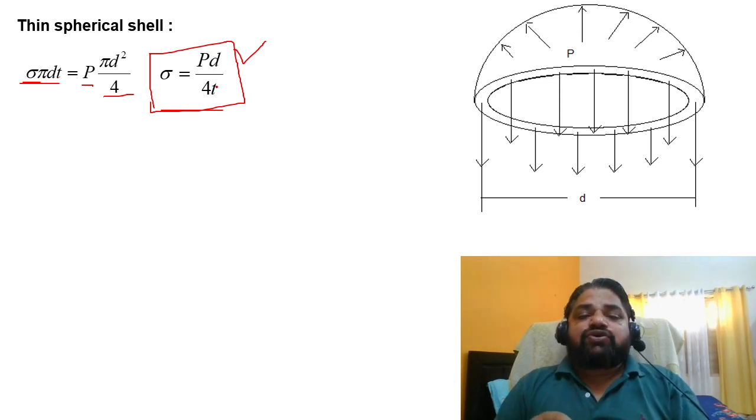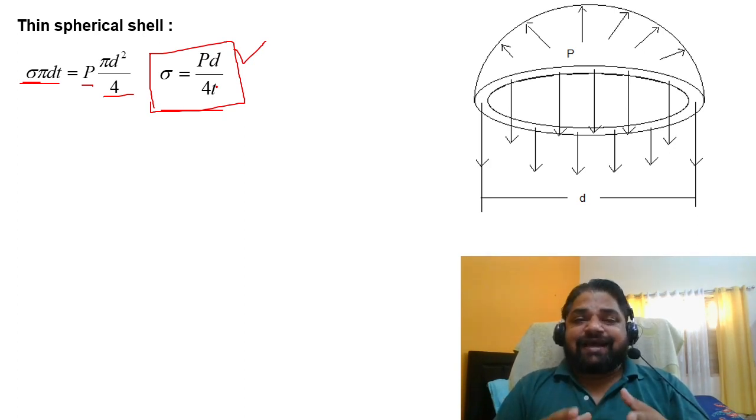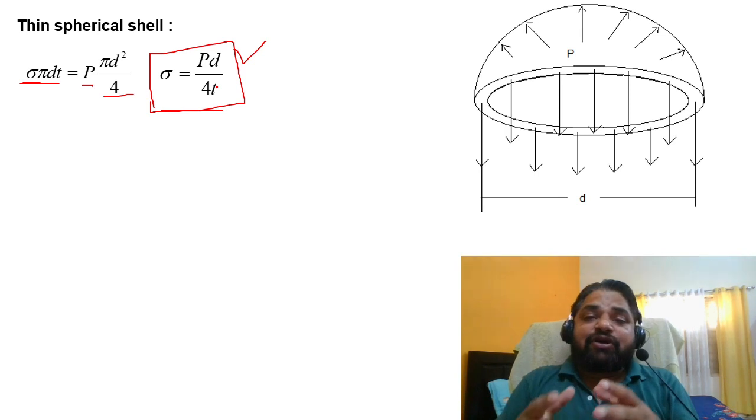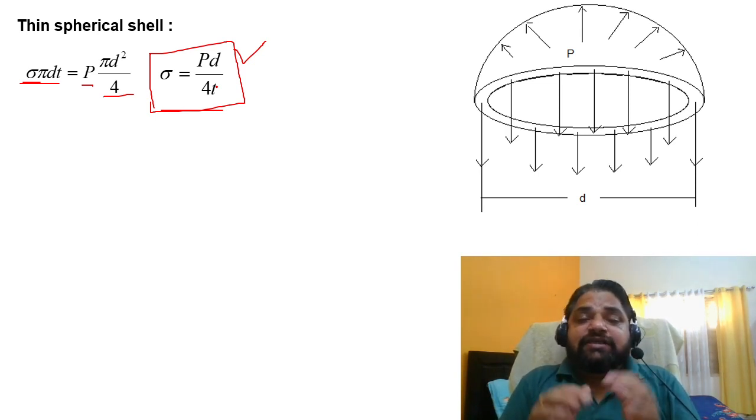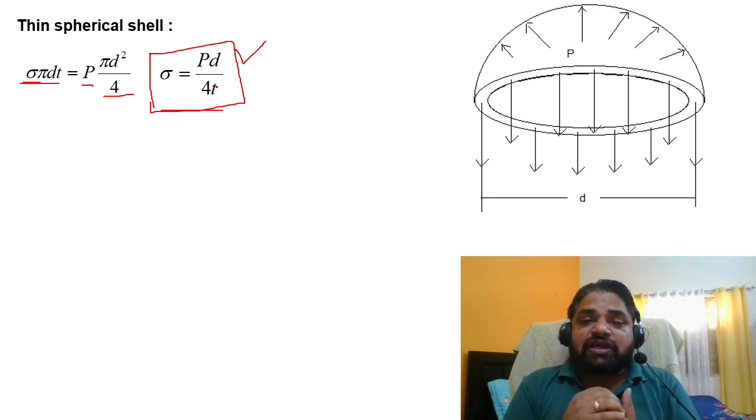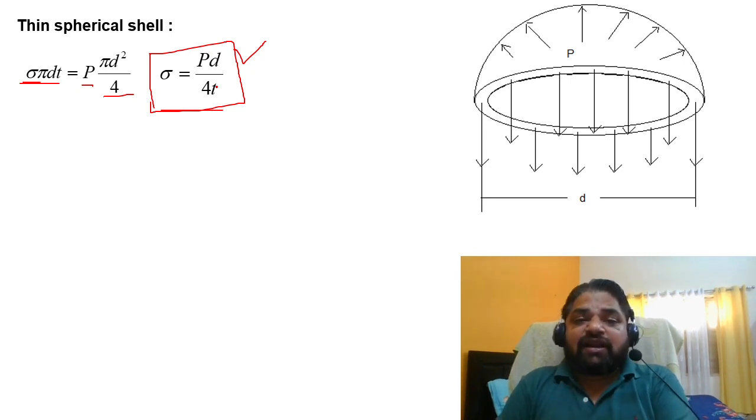hemispherical end. So if the stresses are the same on both sides, then there is less chance of mismatch or distortion between the strengths. If there is less chance of distortion, then they can be utilized very easily, or they can be combined or conjoined very easily to work as a single unit and to perform better than other cases.